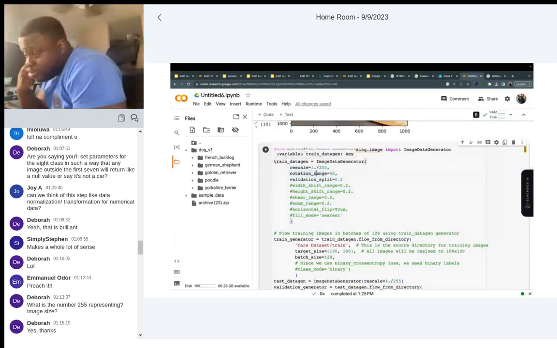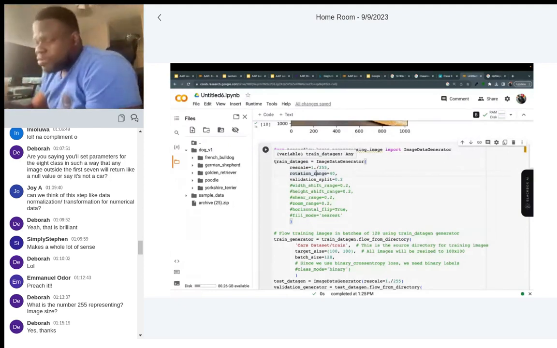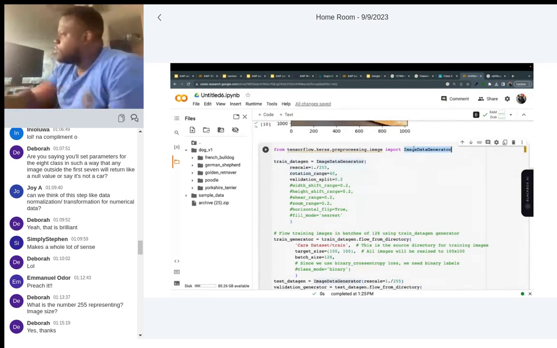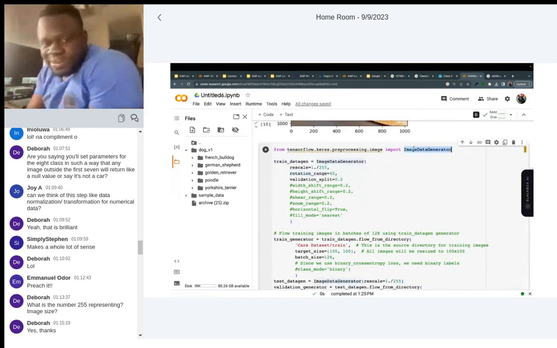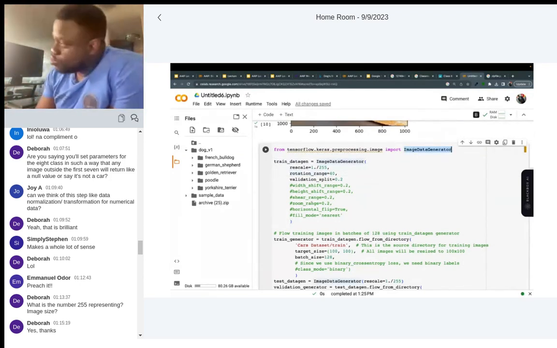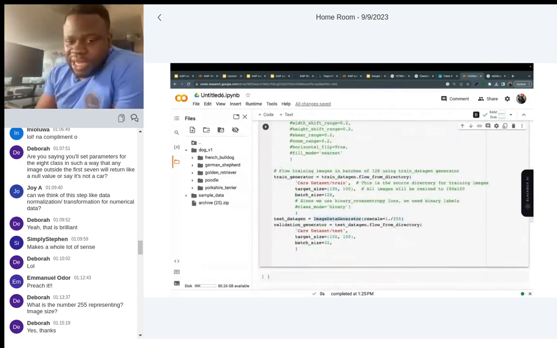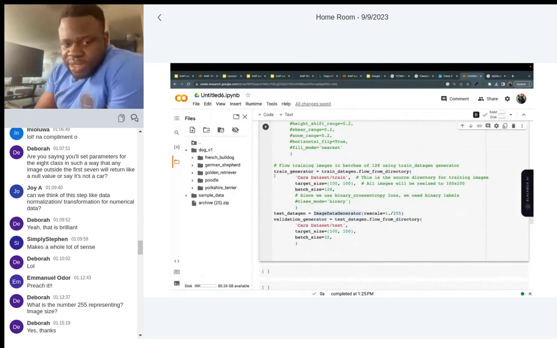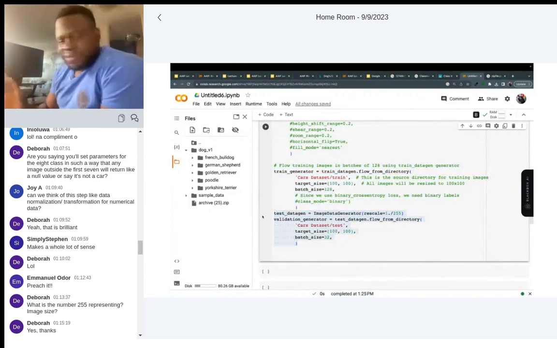So after checking the image, what you do is what? Data augmentation. What we use for data augmentation is what? Image generator. They've created this library for us, and this is what they do. Now, this library will help us change this image into train data sets, test data sets, validation data sets. It will do it for us.